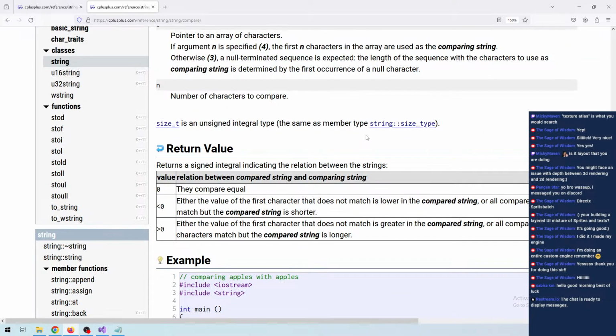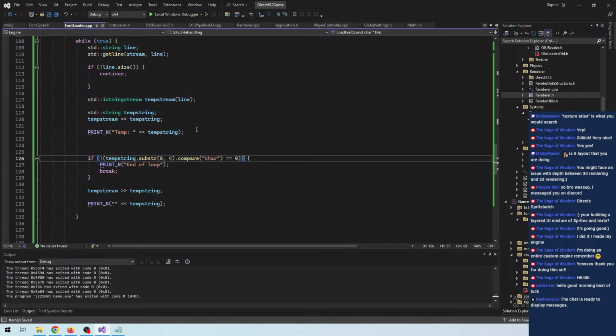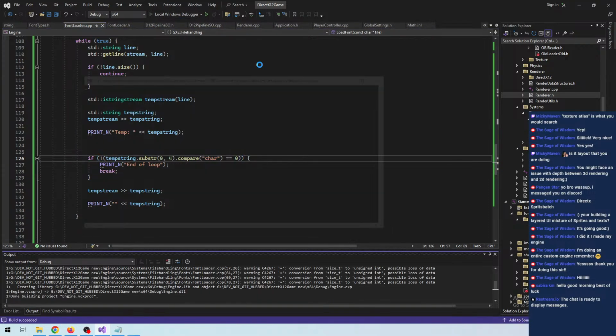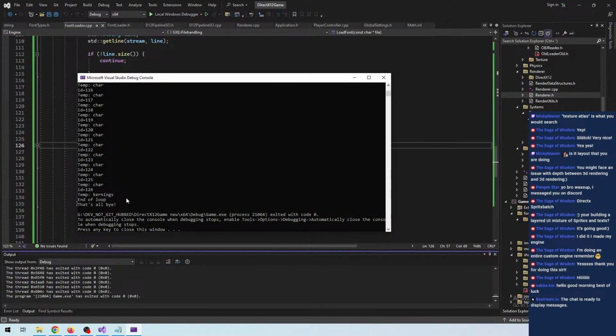Return. The 0 means that they compare equal. Now that's confusing. If they don't compare equal... temp kernings. I mean,